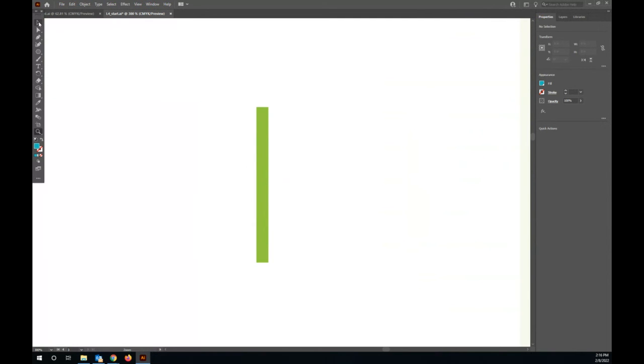All right, so with the width tool, this is something that can be tricky, especially if you've got paths that are close together. And it's going to be located in your toolbar with this. So you see that I've got a path here. So if I'm going to select this area here,